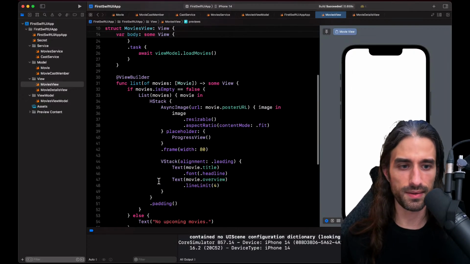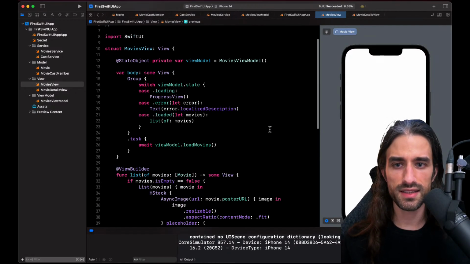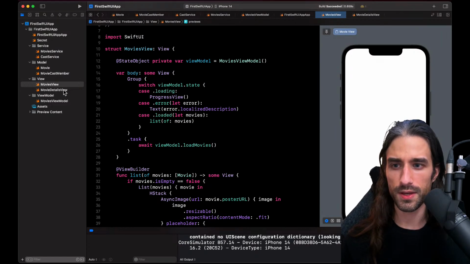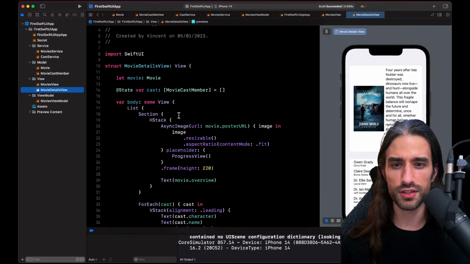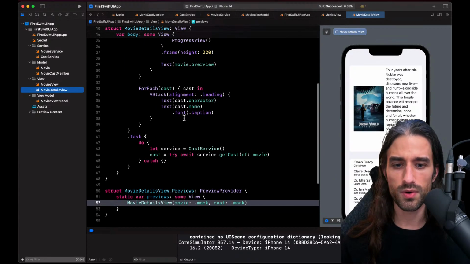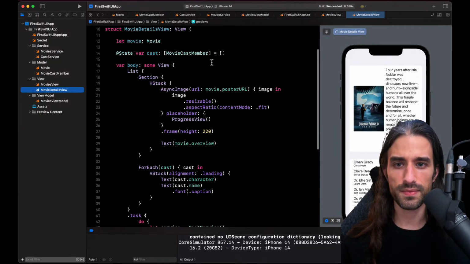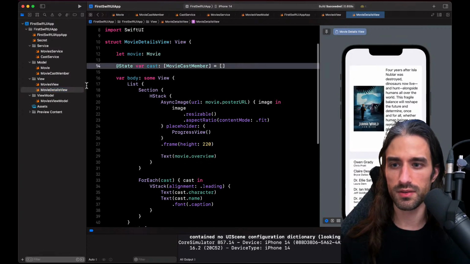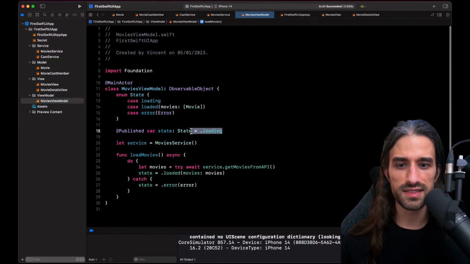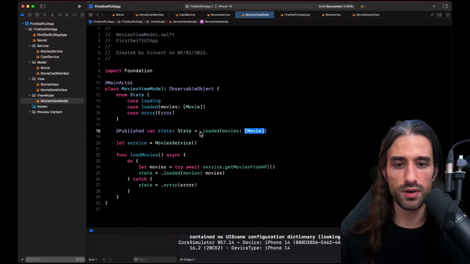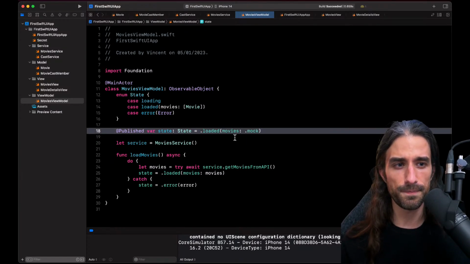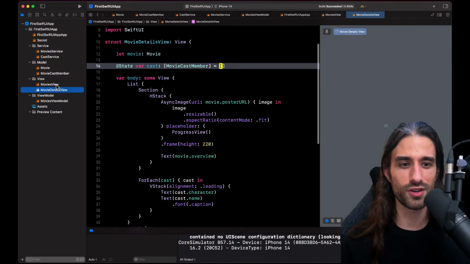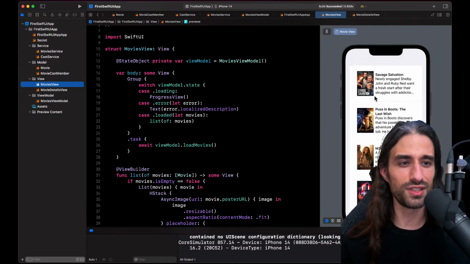Here, actually, yes, it's true that this one is still loading, and that's super annoying. You know what? Short of implementing a fully mocked view model, what I'm going to do is, in my movies view model, instead of having loading as the default state, I'm going to have loaded with my mock array. Of course, don't do this, because it's not production ready, of course, but it will just make the preview work again so that I can finish the live in good conditions.